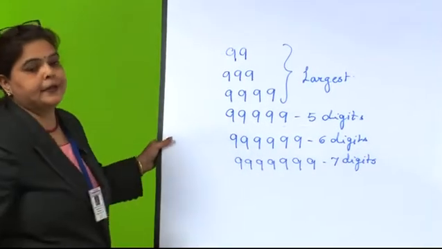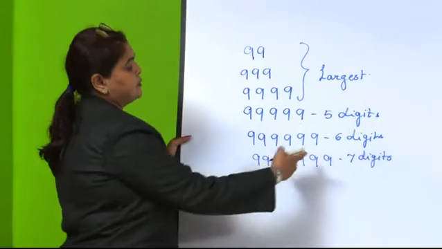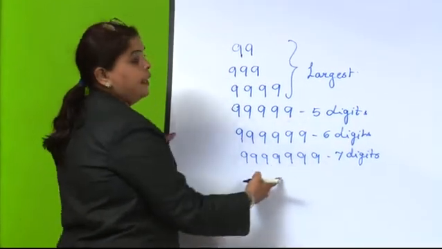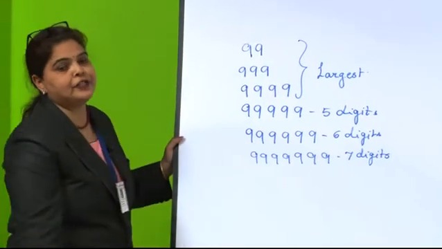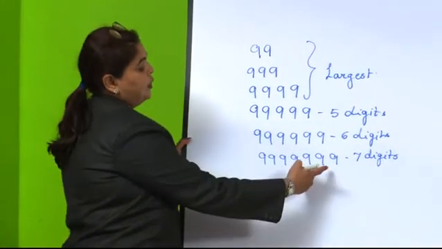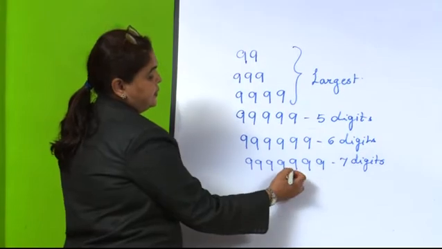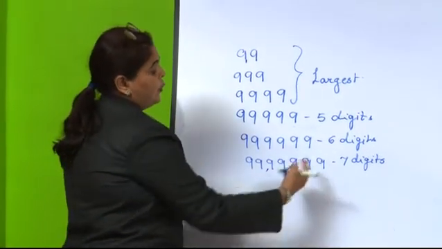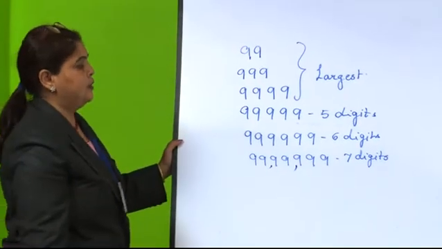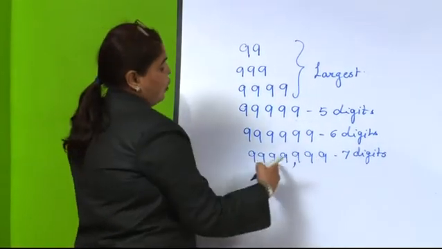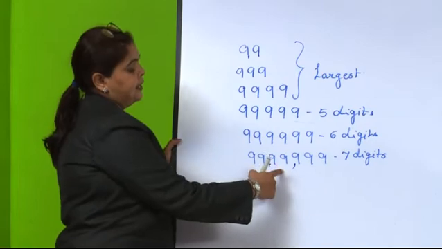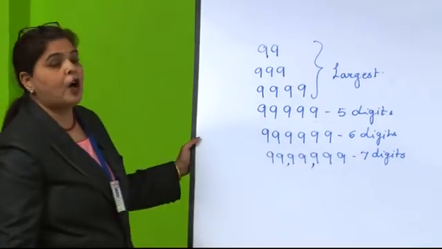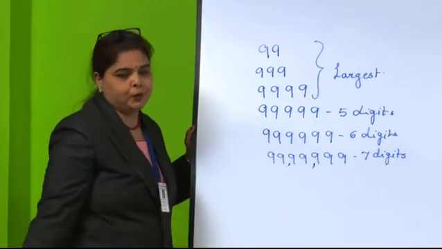How to read this number? To read these numbers, we have to insert commas in it. Since we are in India, we first learn the Indian system. We insert the comma after the first 3 digits, then after every 2 digits. Now you can read this. Yes, you can read this. What is it? 99,99,999. Very good children.